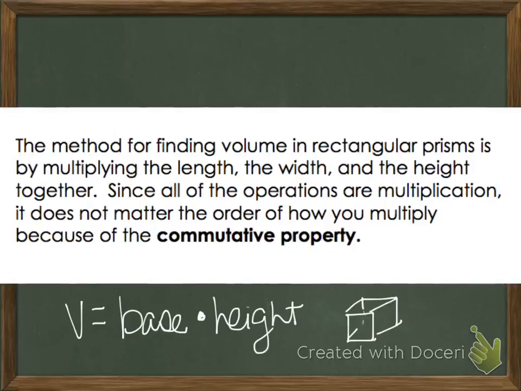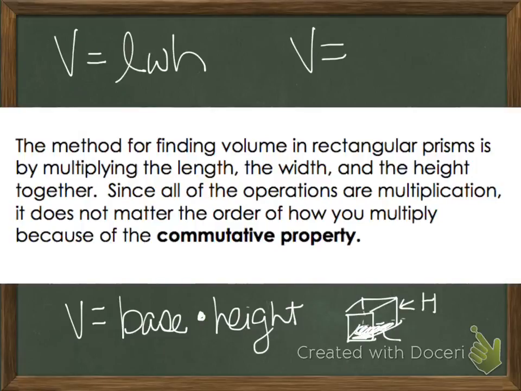The method for finding volume in rectangular prisms is multiplying the length, the width, and the height together. Since all of these operations are multiplication, it does not matter the order of how you multiply because of the commutative property. Another way of doing this that you also need to be aware of is volume equals base times